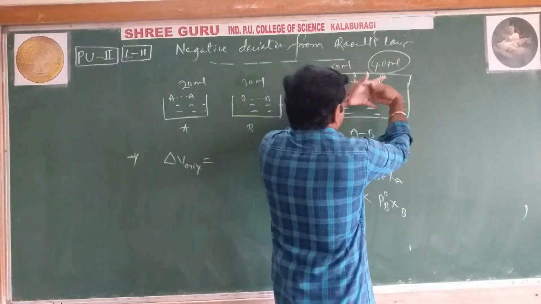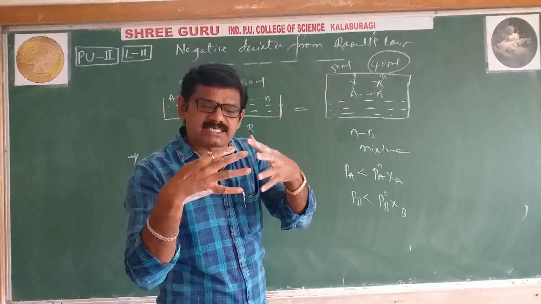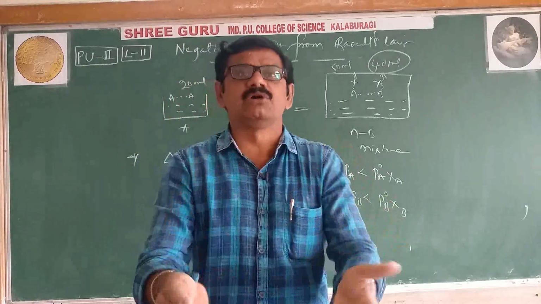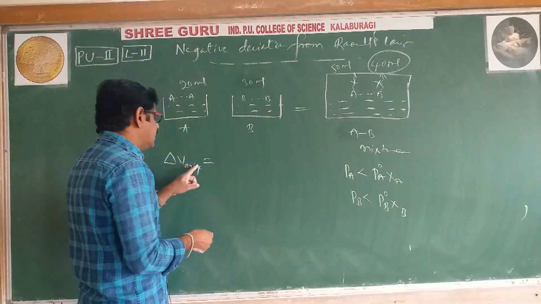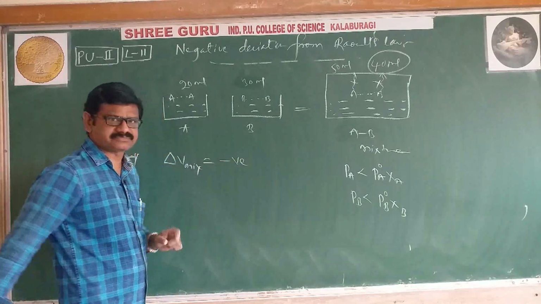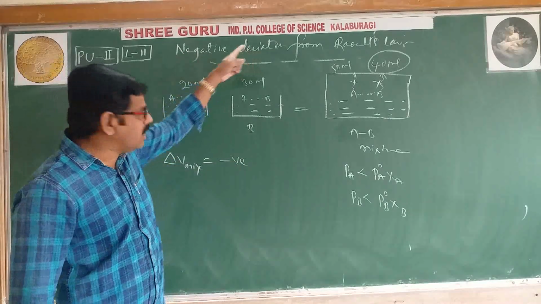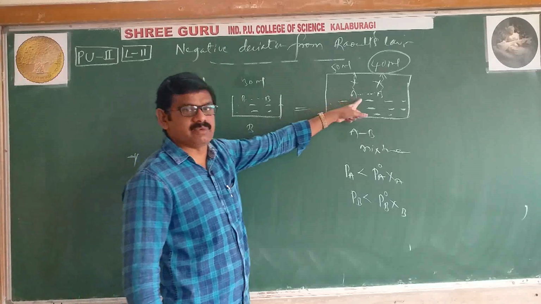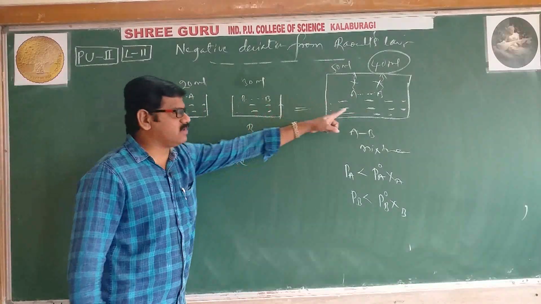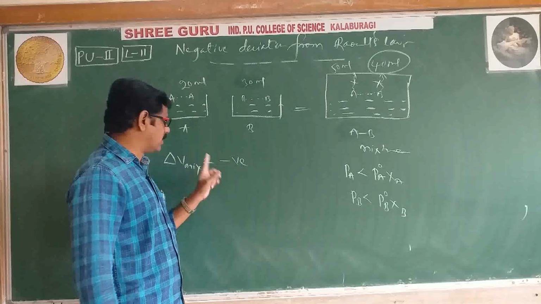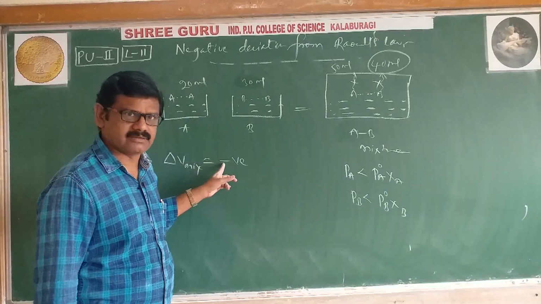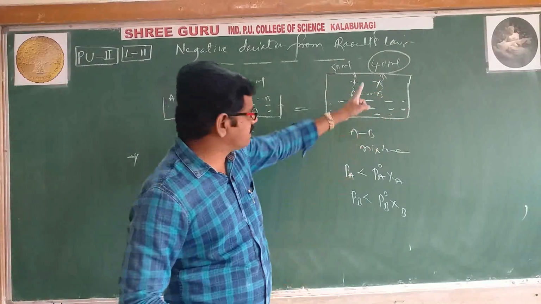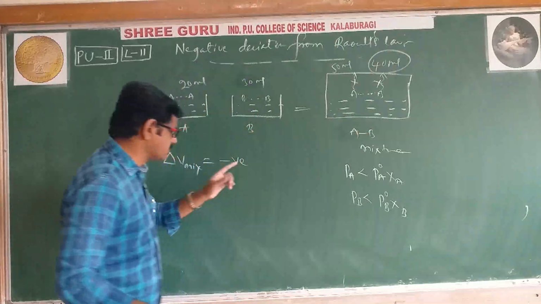Because intermolecular attraction forces are more. Because of that, molecules come close to each other. When molecules come close to each other, volume decreases. Therefore we'll write delta V mixture negative. Again remember, for a negative deviation, all values you will get negative only. Why is delta V mixture negative? Because finally its volume is less, initially it is more. Definitely you will get a negative value only. Or blindly we can say that after mixing, volume decreases. That's why we are showing it with a negative sign.